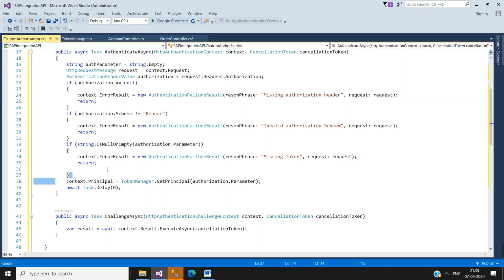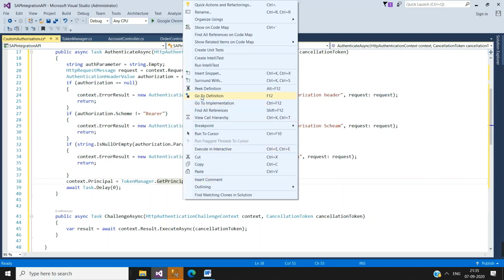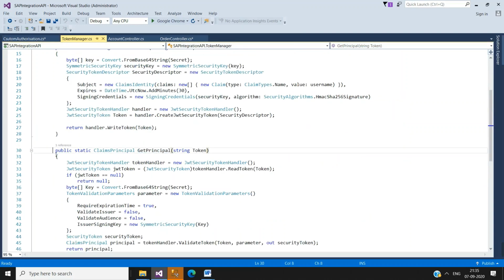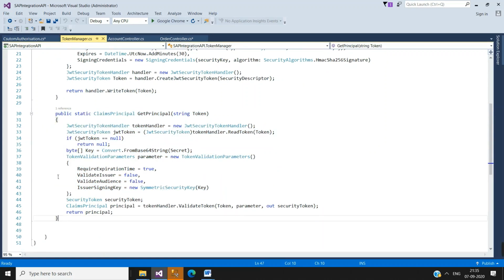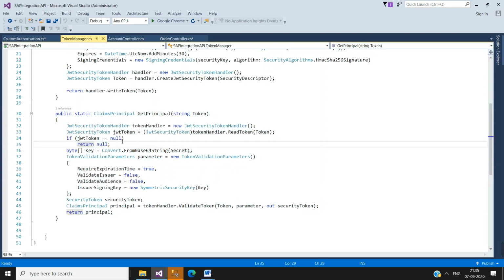And once all these are correct, then we are going to call the get principal method, as I have told you earlier, to validate the token, whether it is right or not. If the token is not null, then we are going to validate this principal by decrypting all the keys and a few of the validation parameters. With the help of this, we are returning a principal.